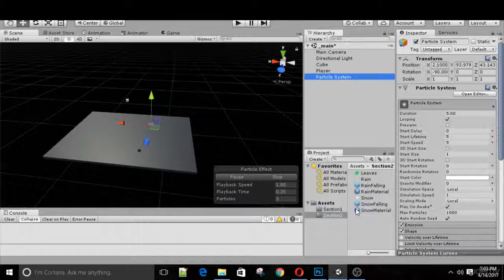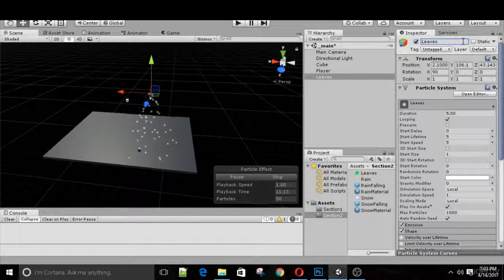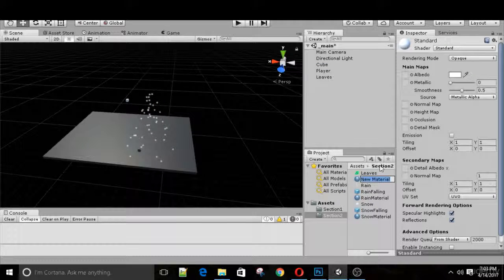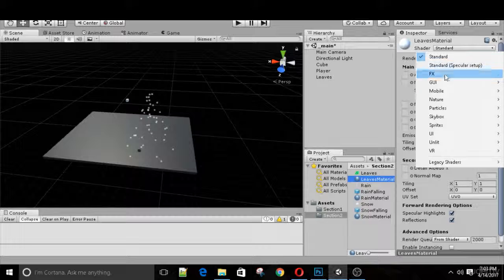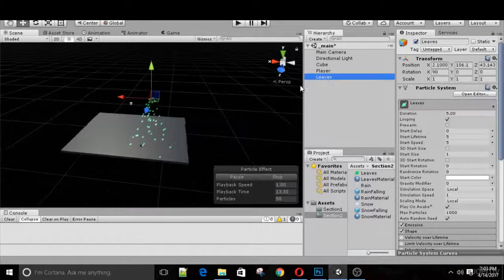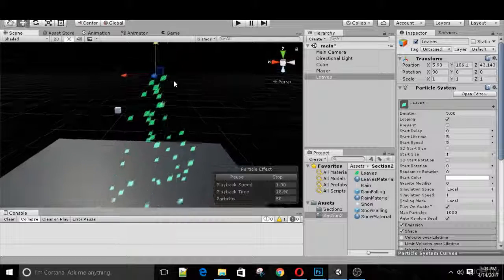Now I'm going to create a new particle system, flip it, set the rotation of x to 90, hit enter. I will call it leaves. And now we need to create a material, of course, for our leaves. I will call it leaves material, and the shader needs to be set to particles additive. Now just drag the leaves PNG into the material, and now we can put the material on our particle system, and we can see we have these nice leaves falling down, but they all fall down at